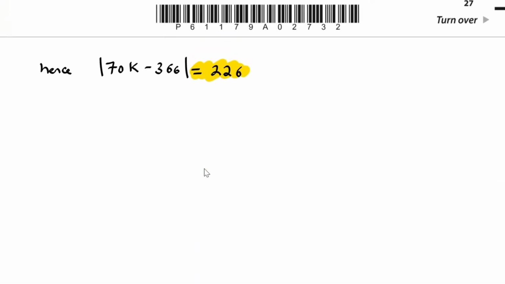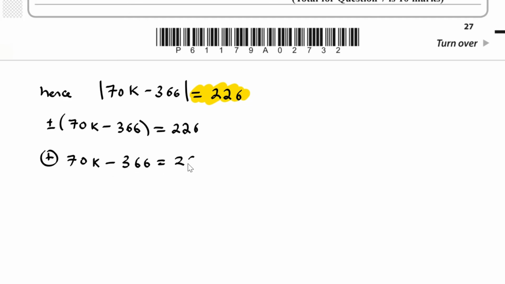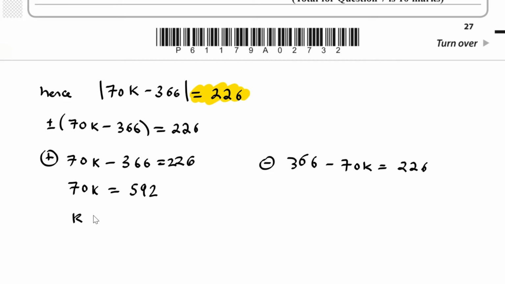So if we go back down, solving this, well, we have plus minus 70k minus 366 equals 226. So dealing with the positive, we have 70k minus 366 equals 226. And if we deal with the negative one, we have 366 minus 70k equals 226. So here we have 70k equals 592, so therefore k is equal to 296 over 35,